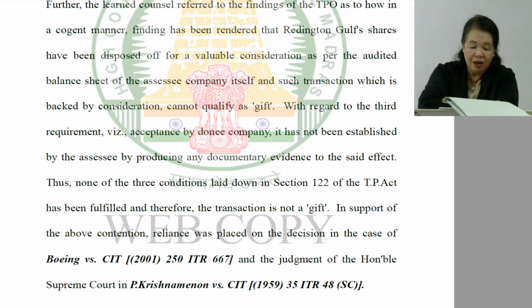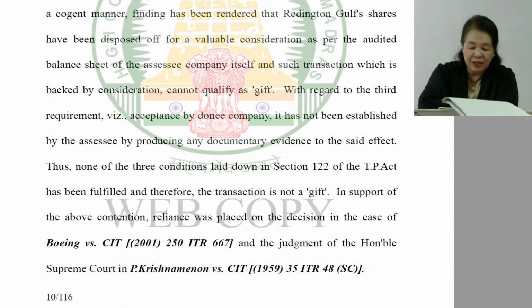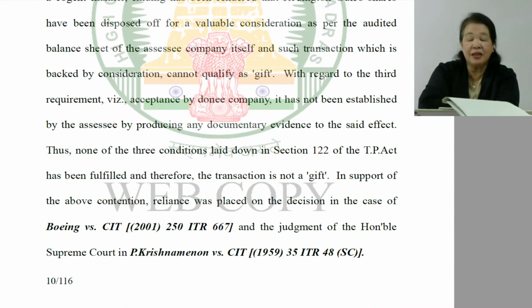Oh, so ito pa, na lumabas sa balance sheet. Kaya yung mga financial statements natin, they are very important source of information, especially during the audit, no? Of the assessee company itself, and such transaction which is backed by consideration cannot qualify as gift with regard to